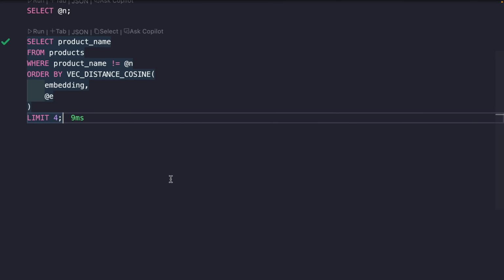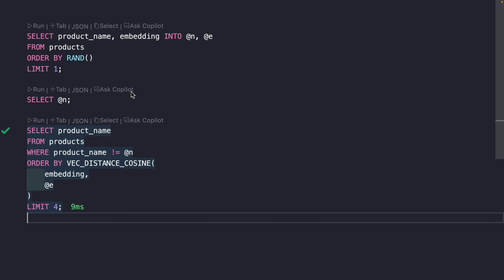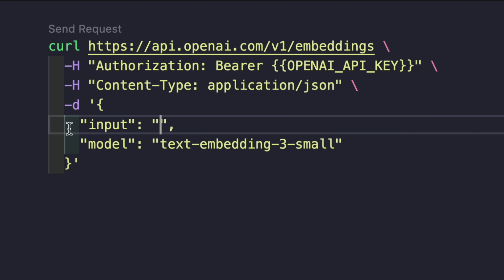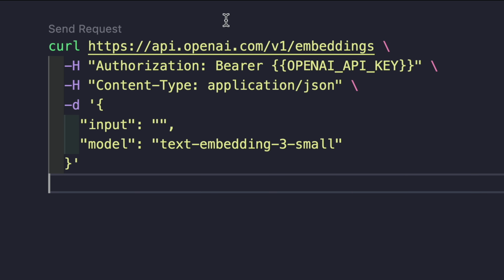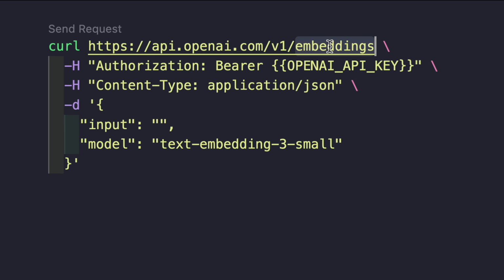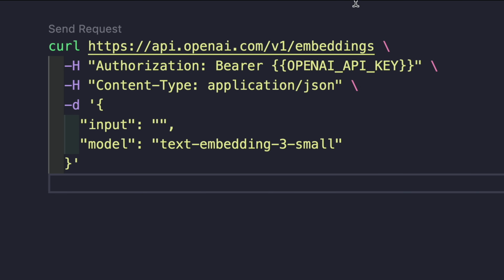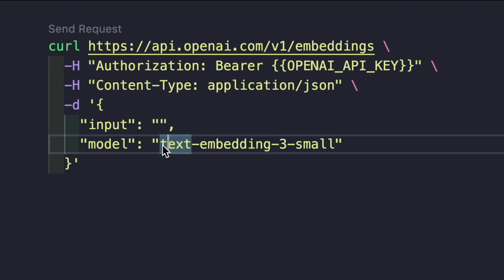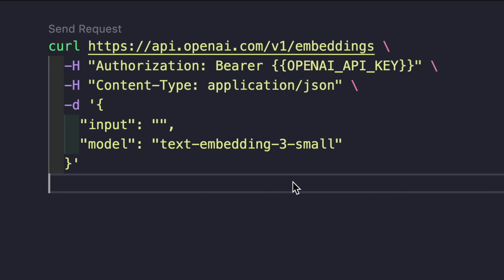Now let's do something a bit more interesting also. You don't have to use any vector that's stored. You can use a new one. So this curl command is actually calling the OpenAI API, the embeddings endpoint, and somewhere I have stored the OpenAI key, so I don't show it here. It's secret, it's protected. It's an environment variable. And then I'm saying, hey, use this embedder, text-embedding-3-small, right? That's the embedding model that I used when I calculated the embeddings for all the almost 1,000 products in the